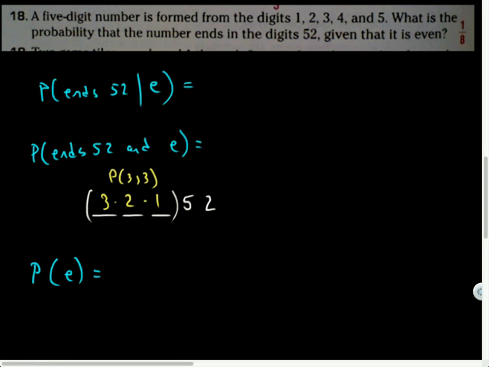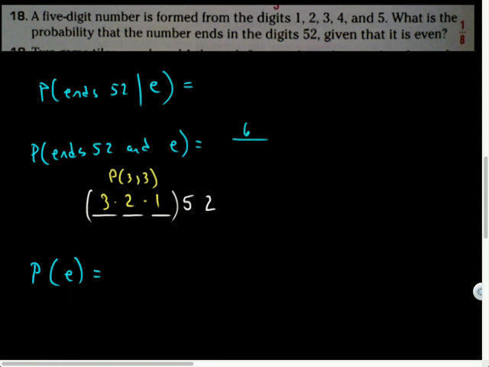Now that's if it ends in a 52. But if it ends in a 52, it's automatically going to be even, because ending in an even number guarantees the evenness of it, right? You guys agree? So this is the outcome of ending in 52 and being even. It turns out ending in 52 is a subset of the even numbers, so I didn't have to do any extra consideration there. So permutation 3, 3 is 3 times 2 times 1, which is 6 out of,